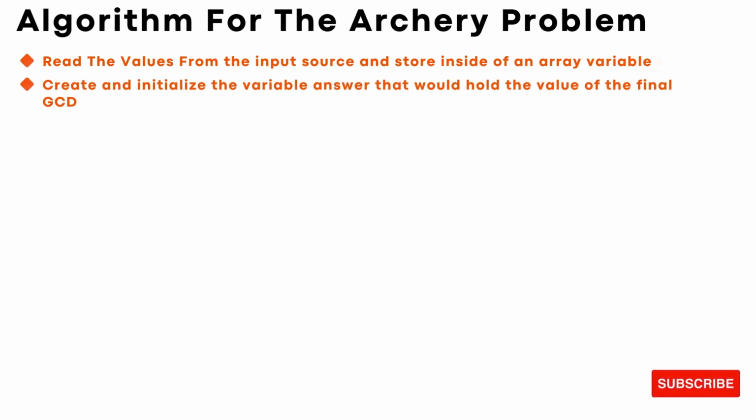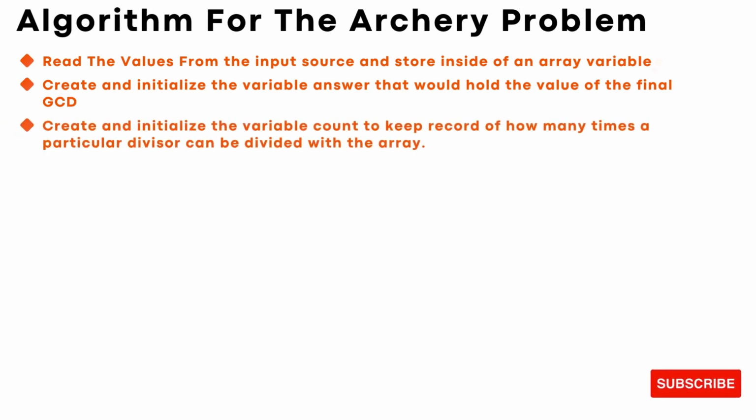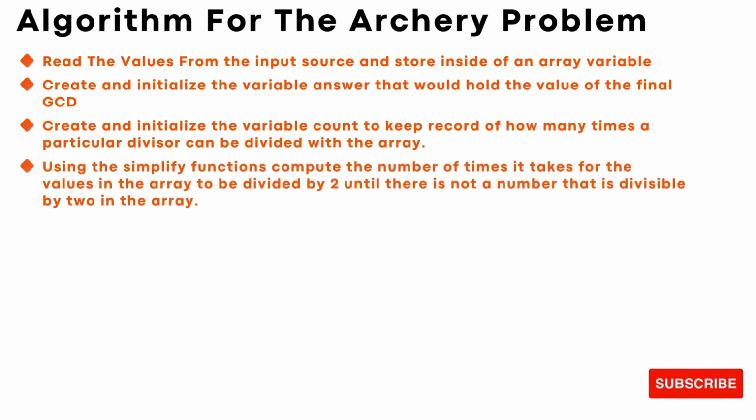It should be LCM, which is lowest common multiple. So just let me correct that. Now we create and initialize the variable count to keep record of how many times a particular divisible can be divided with the array. In addition to that, I'm creating a method, a function which I call simplify, that computes